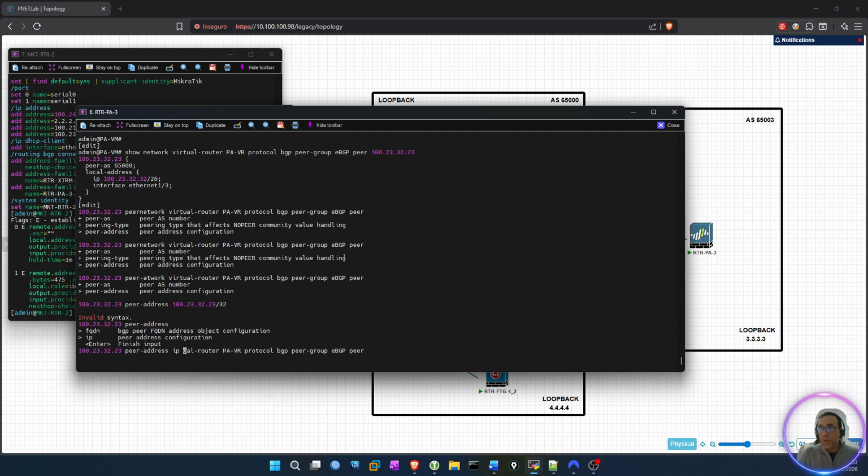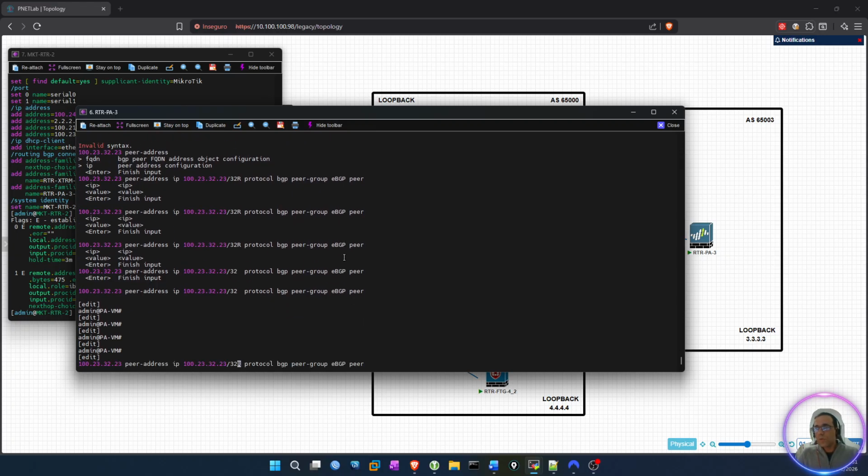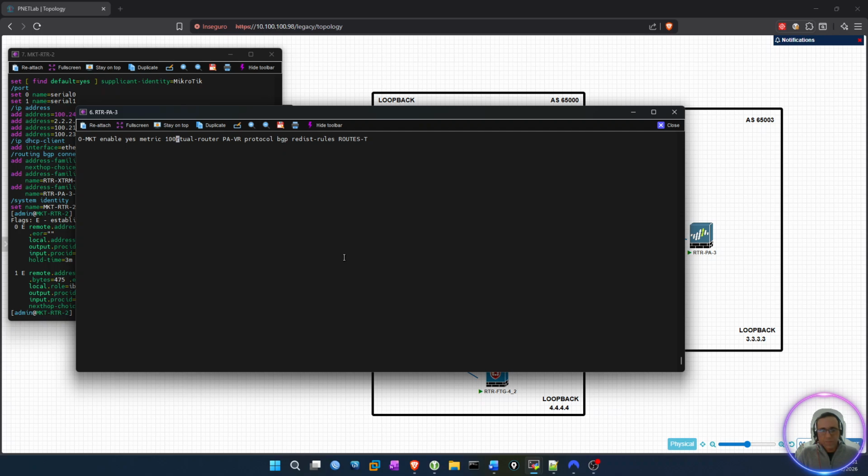Oh, I missed the IP. Peer address IP 120.32.23/32. Now it's okay. So, show network virtual router PA-VR protocol BGP,